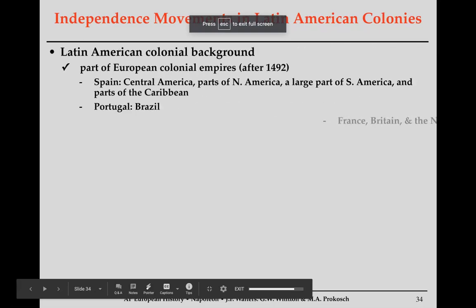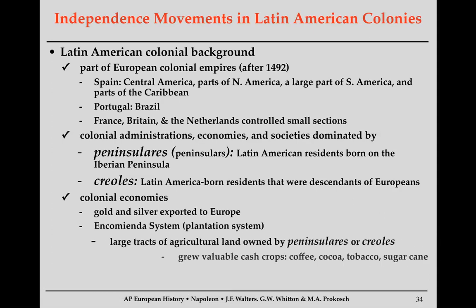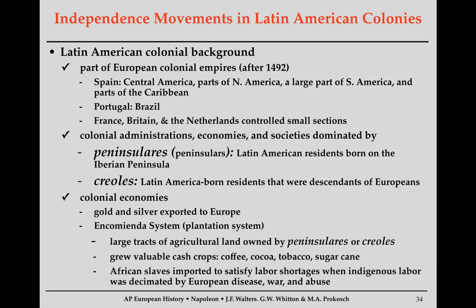Okay, so as I said, officially the Congress of Vienna will not be on our Unit 2 test. It will be on Unit 3, but I think it's important to also end Napoleon with, of course, the Congress of Vienna. So you're going to hear me talk about the Congress of Vienna again. Now we have part 3 of this lecture, and this is the Latin American revolutions.